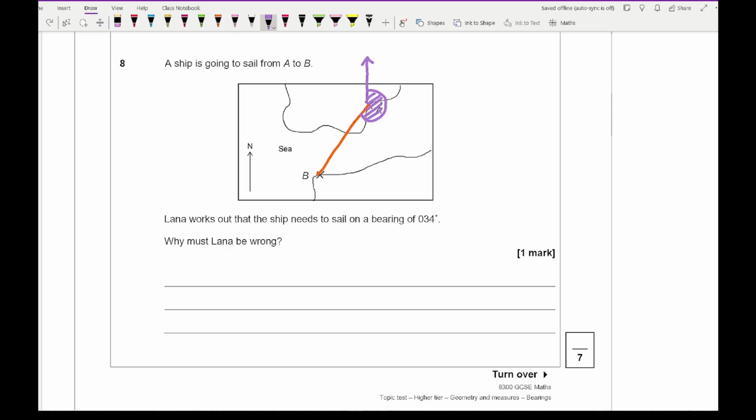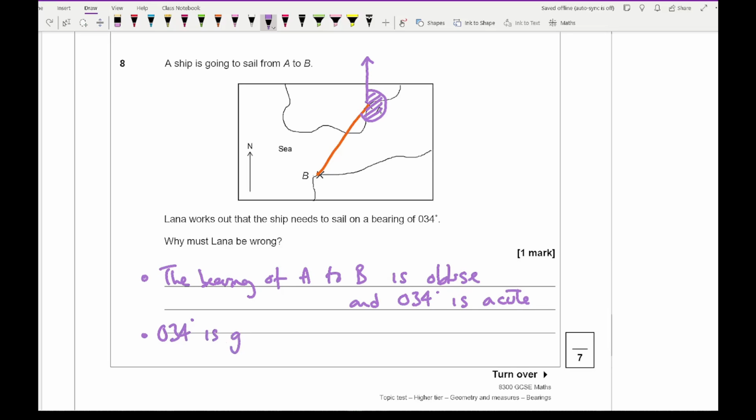Now, as you can see, the bearing of A to B is obtuse and 0.34 degrees is acute. So you could say something along those lines. You could also say that 0.34 degrees is going in the opposite direction. It's actually going to be going